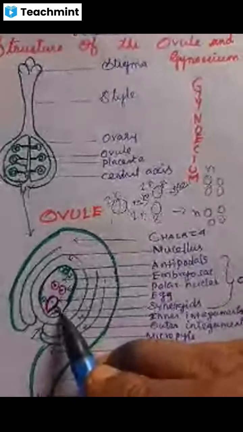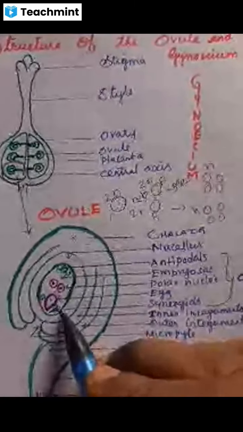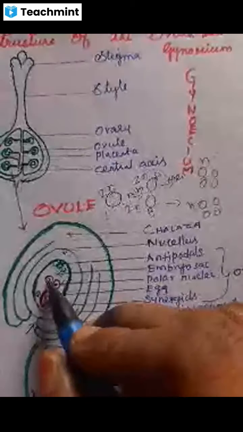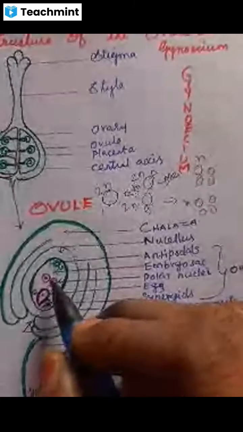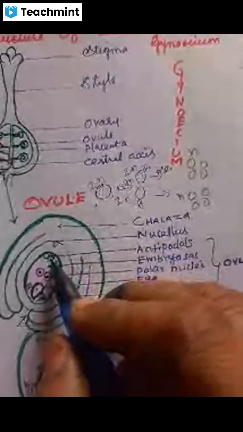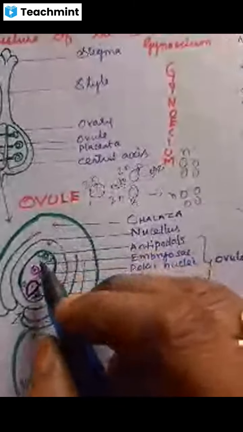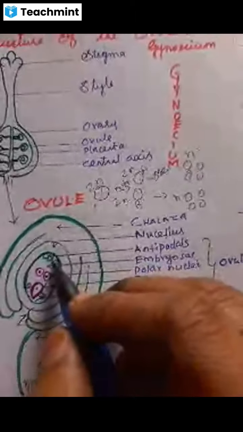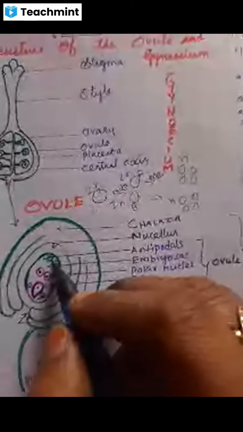Then it is followed by synergids. At the center, there should be nuclei. Polar nuclei are present at the center, and at the chalazal end there are 3 antipodals. In the chalazal region, since this area is near the chalazal end, this chalazal region of the embryo sac is present with